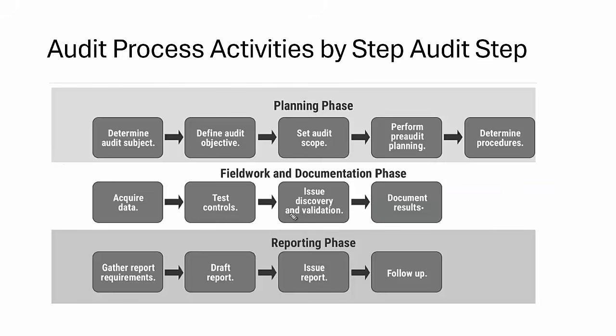Before I jump into things, as we discussed, remember, we have the audit process activity. This is what we're talking about. The first step is planning, where we determine the subject, what we need to audit, like specific locations. And we define the audit objective, for example, we're doing an audit for internal audit certifications. We set the audit scope, for example, we're doing an audit specific to the India region. We collect basic data, we hold a meeting called pre-audit planning, and then we determine the procedure.